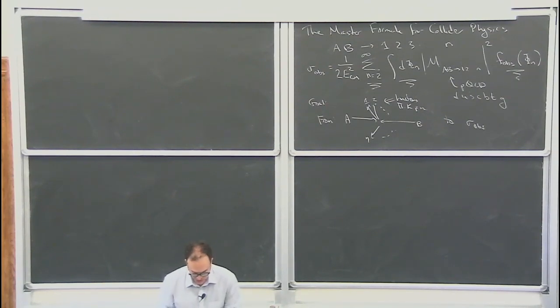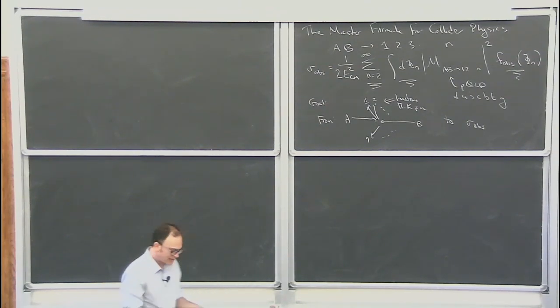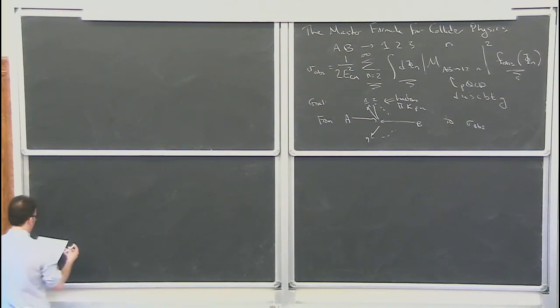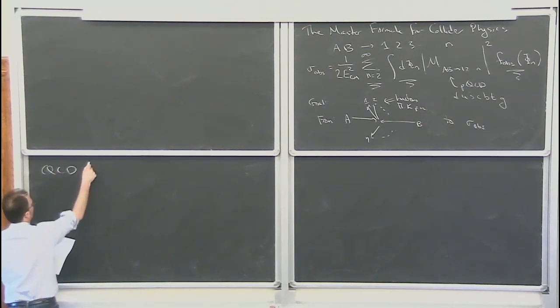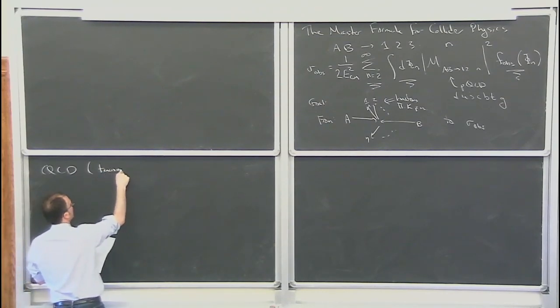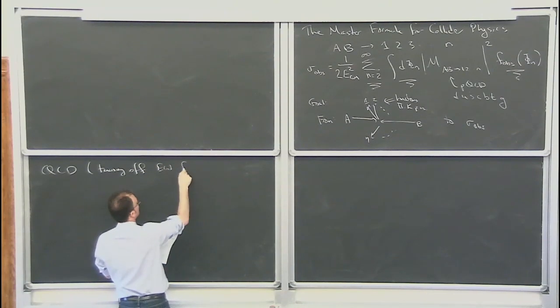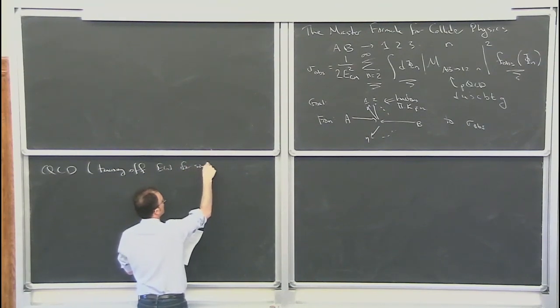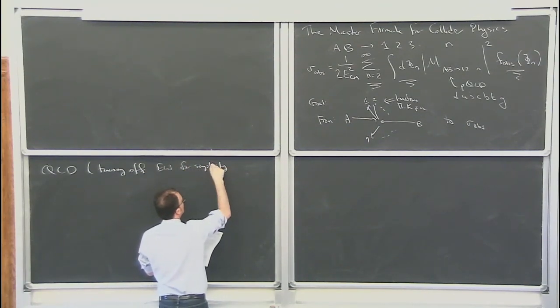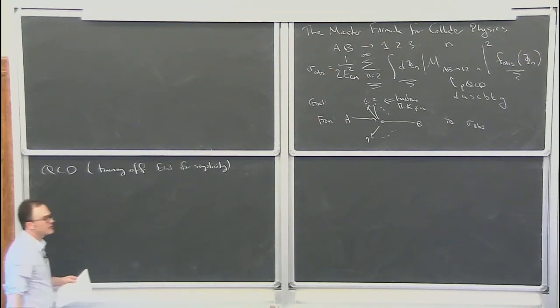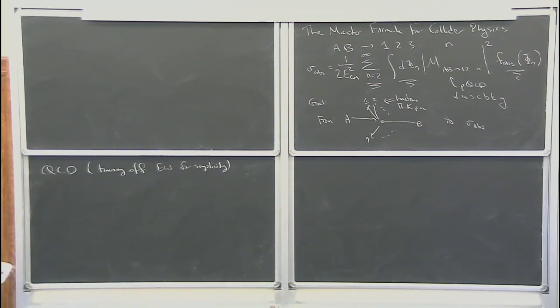What you probably already know about QCD, but if you don't, I'll remind you. So this is QCD, turning off electroweak processes for simplicity. So just focusing on the Lagrangian of QCD,